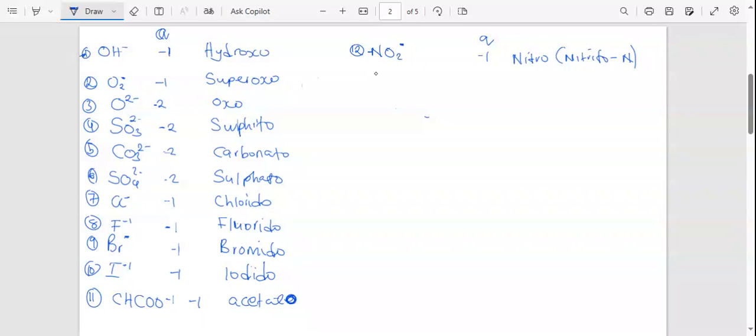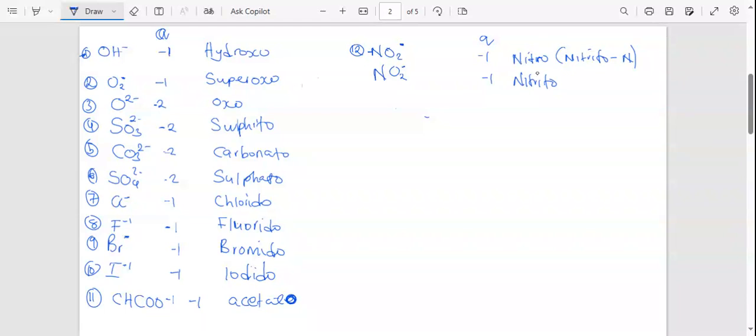All right. So the same case, if it is now bonded to oxygen, it has a negative one. When it is bonded through oxygen, how are we going to call it? All right. So it will be called nitrito. By the way, when it is nitrito, it is through oxygen. But when it is just nitro, all right, it is through nitrogen. So now I'll call it